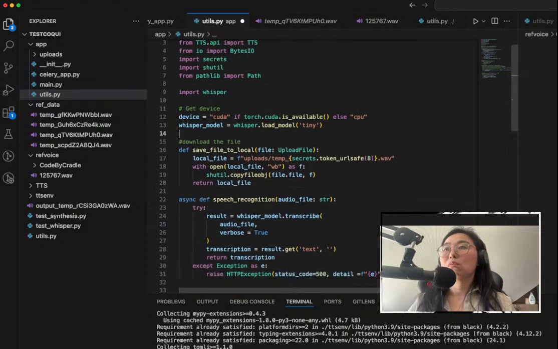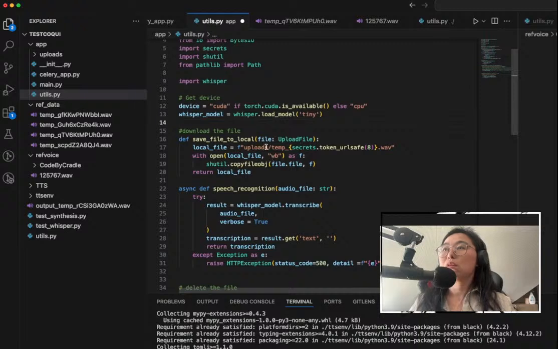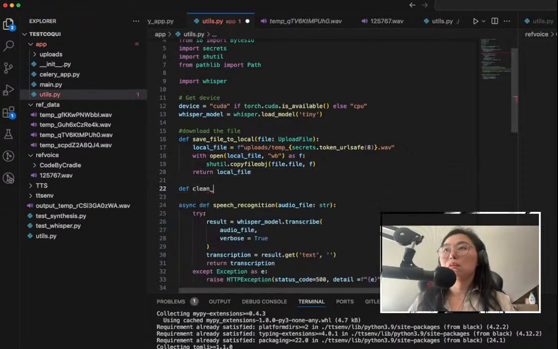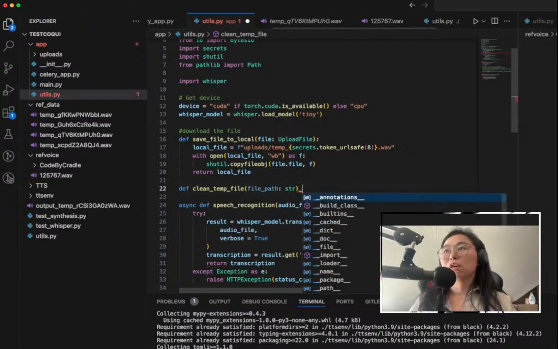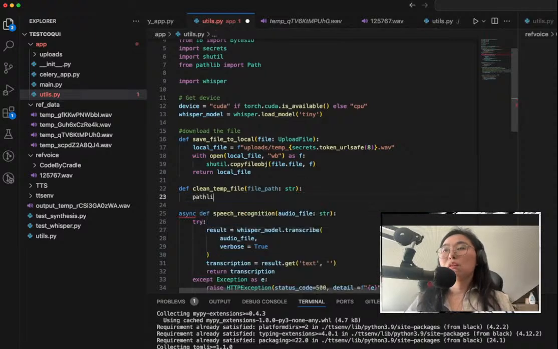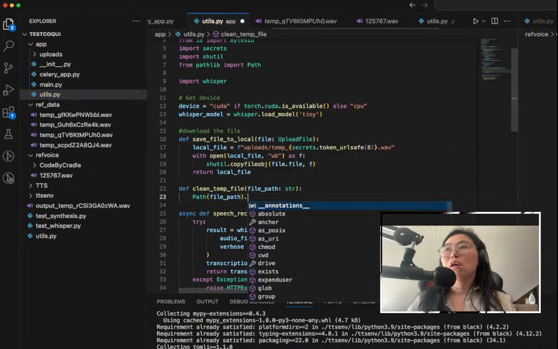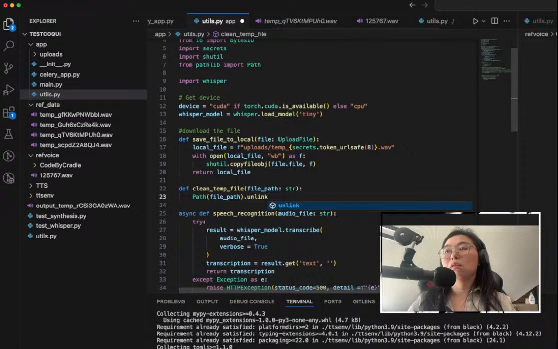I like to put it in this direction, in this. Okay, temp. Right. Can I have clean temp file? Once you're done, you don't need the file anymore. And I think I can do this. File path unlink. I think that's what